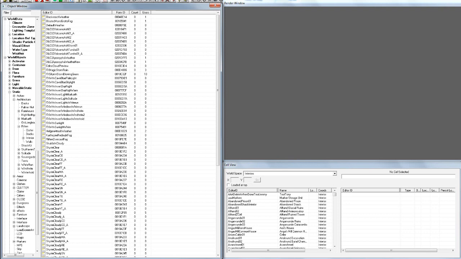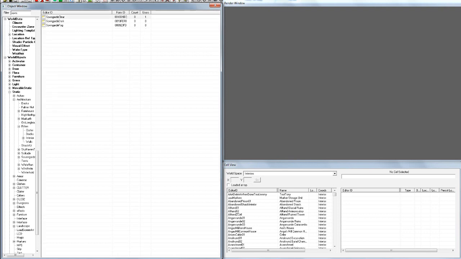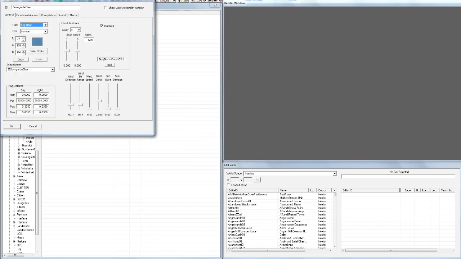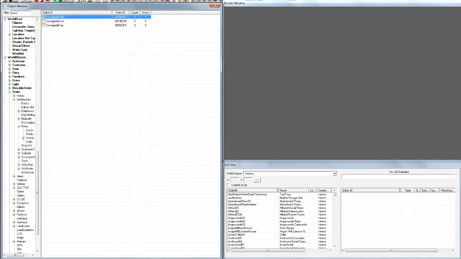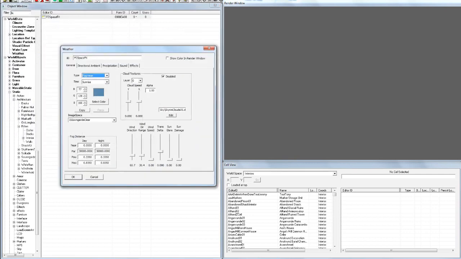So what I'm going to do is go ahead and duplicate Sovngarde Clear, this one here. So I'm just going to call it Space FX. Okay. And what I like to do before anything is basically go through all the layers that are not disabled and disable them. Those are mostly clouds superimposed over each other, and